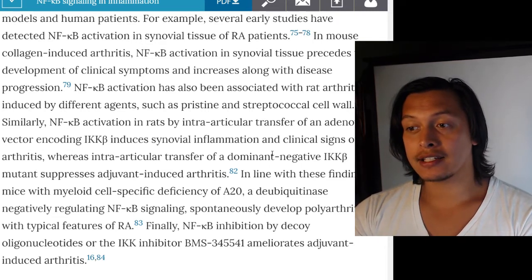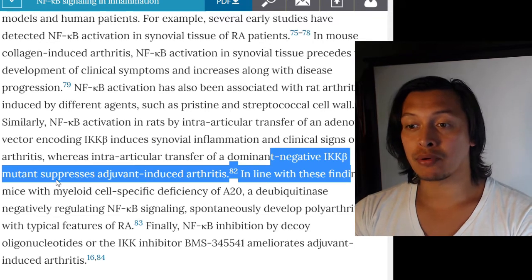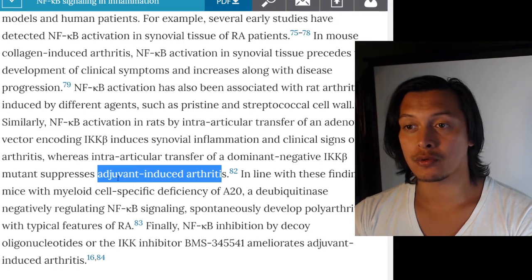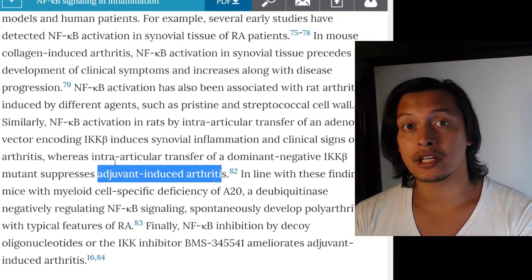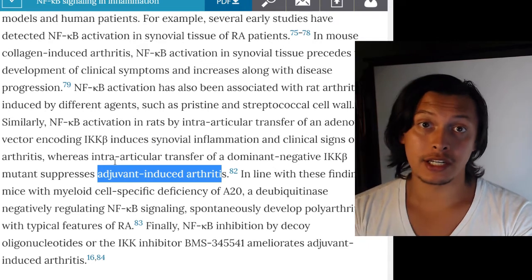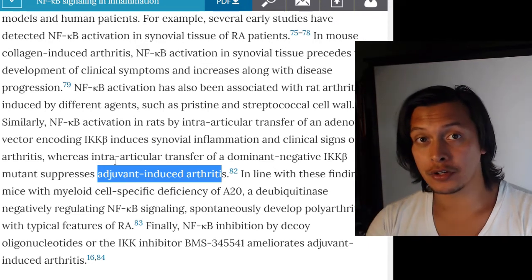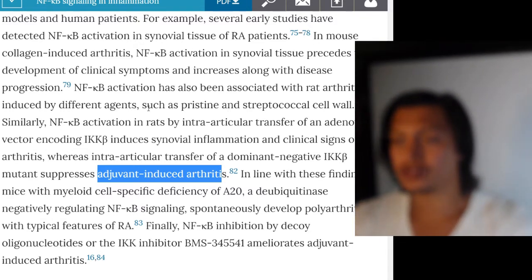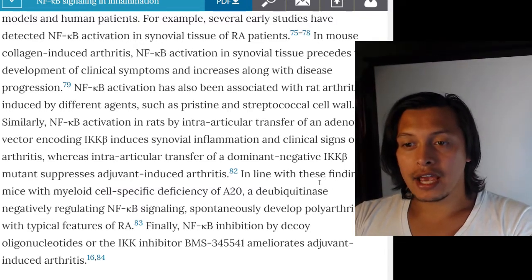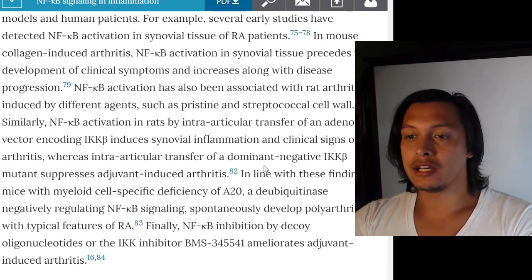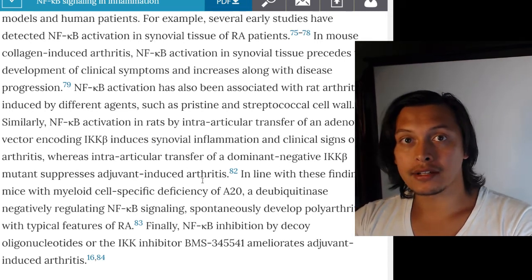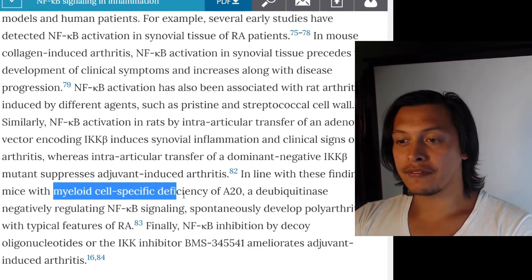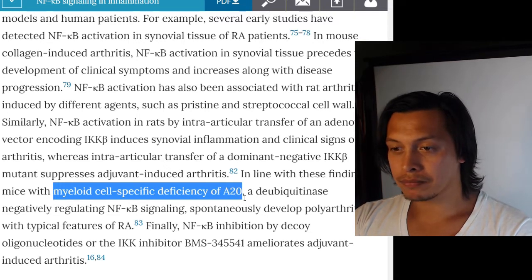So by adding the dominant negative IKK beta mutant, it will suppress the adjuvant-induced arthritis, which, remember, is usually from injecting collagen with some other adjuvant, which makes the immune system go crazy. If you do this, you end up reducing the arthritis in the organism. So in line with these findings, mice with myeloid cell specific deficiency of A20,